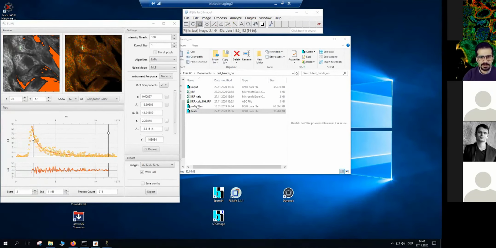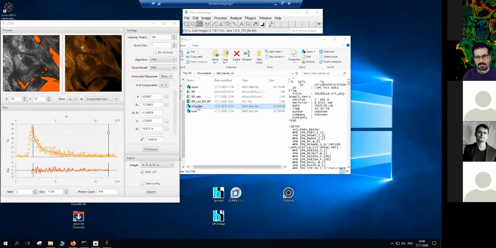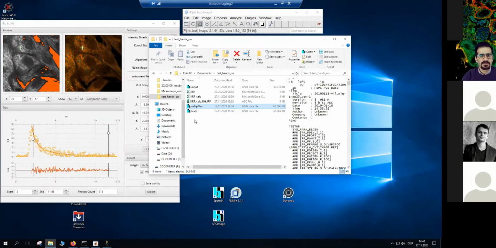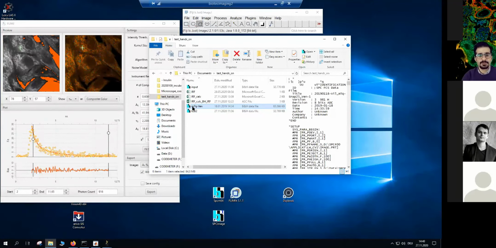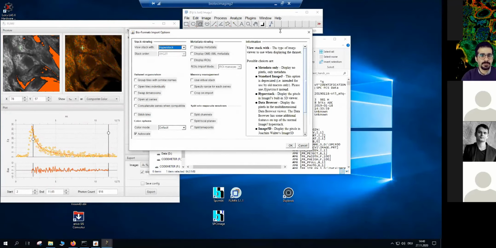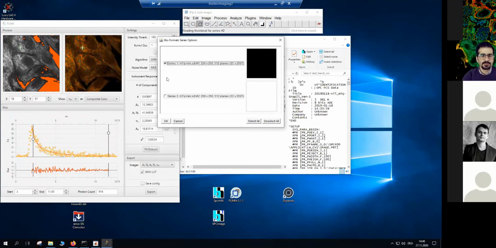So here is one of the data sets that I have. I cannot explain much about the sample because the work is not published yet. But what we are looking for and expecting to see is the interaction between mTurquoise and mVenus. So let's open it. The Bio-Formats importer reads the SDT file and says that there are 2 series of images, because on our system we have